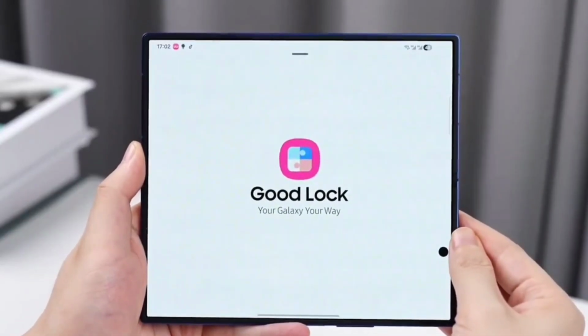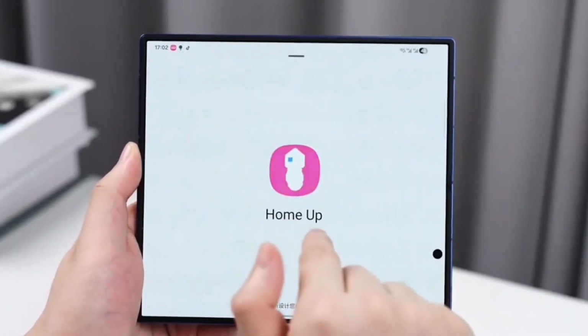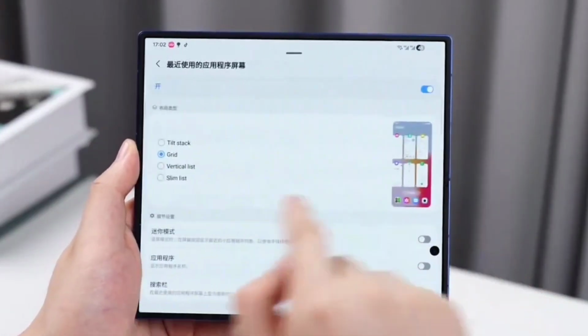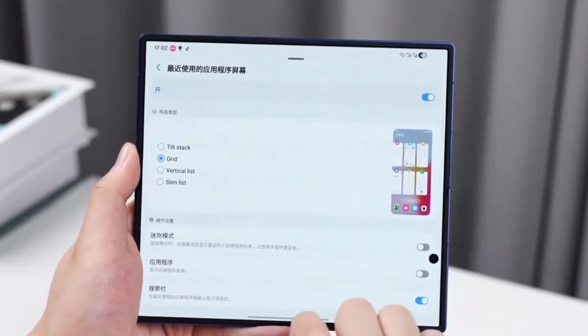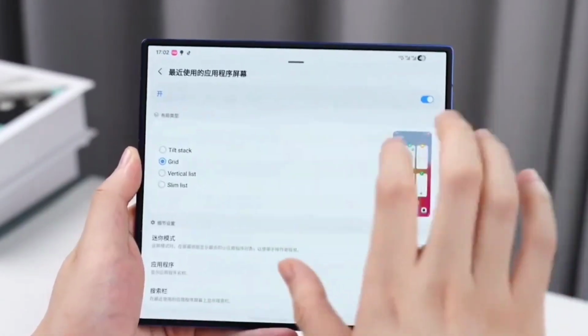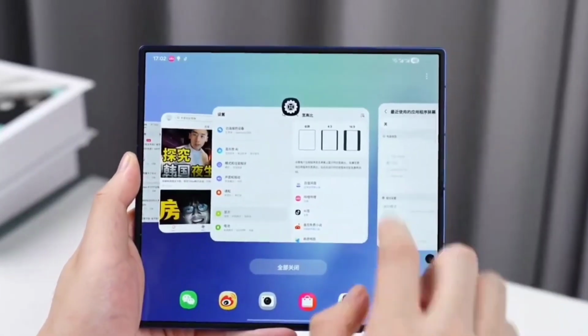Additionally, you should pay attention to Good Lock. Here, I would like to offer 2 small suggestions. One is to go into Home Up. Adjust your background management configurations, particularly concerning the recent applications. Modify it in this manner. Observe how I swipe upwards to access the background. It's exceptionally practical. If I deactivate it, the default utilization of the expansive screen is insufficient, so I highly recommend